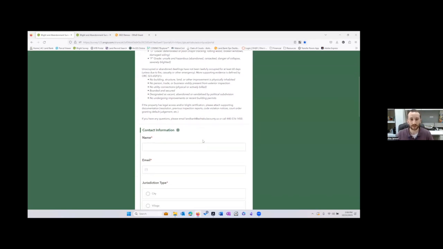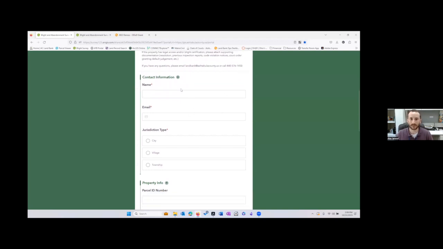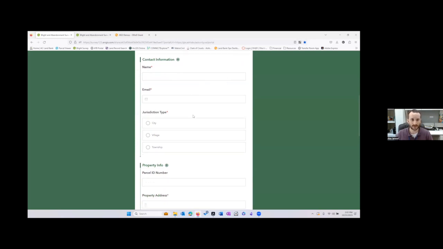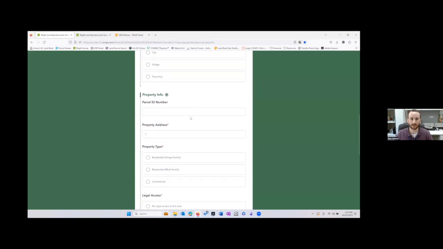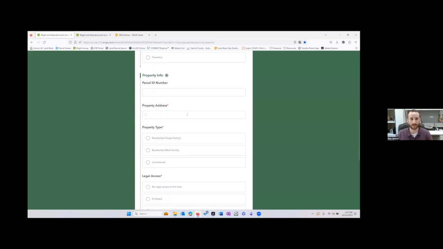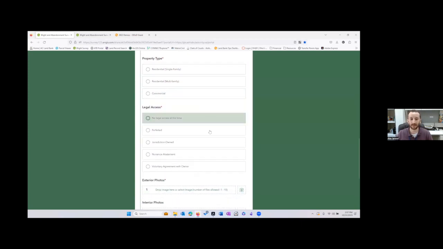I designed the survey to mimic the requirements of the grant application. So this is just some contact information for the representative from that jurisdiction to provide to us, what type of jurisdiction they're located in, and then property specific information: parcel number, address, type of property, legal access,